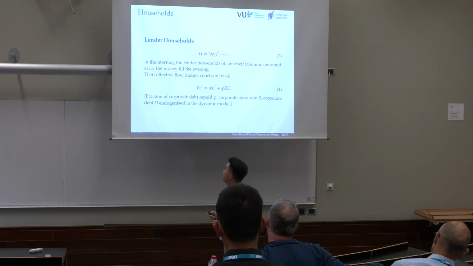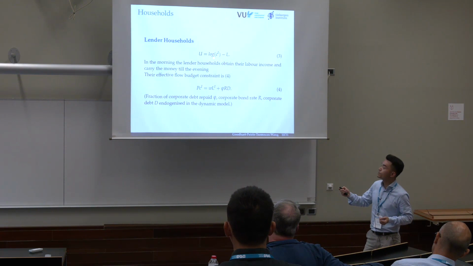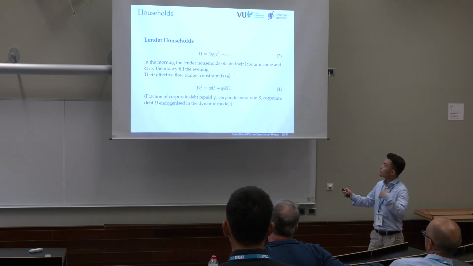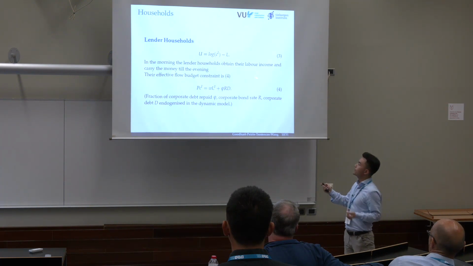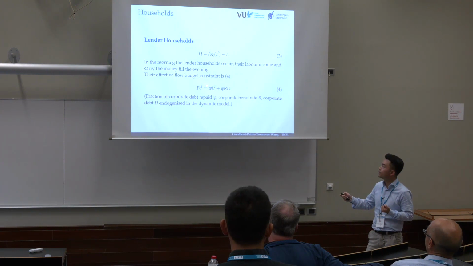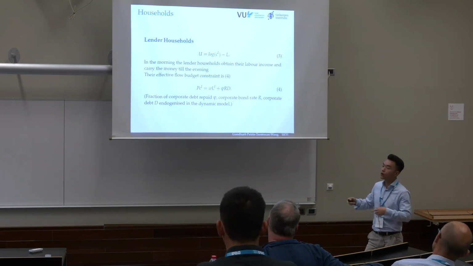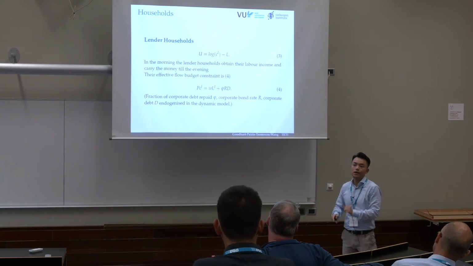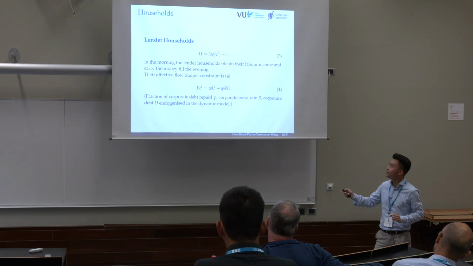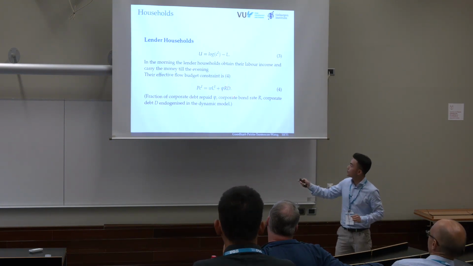In terms of the lender working households, they also derive utility from consumption, and they suffer disutility from labor. In the morning, they work, obtain the labor income, and carry their monetary proceeds, their wages, until the evening. In the evening, they have their labor wages, but moreover, they hold corporate bonds as assets. They receive the repayment from their corporate bonds as part of their monetary proceeds, denominated in these terms.